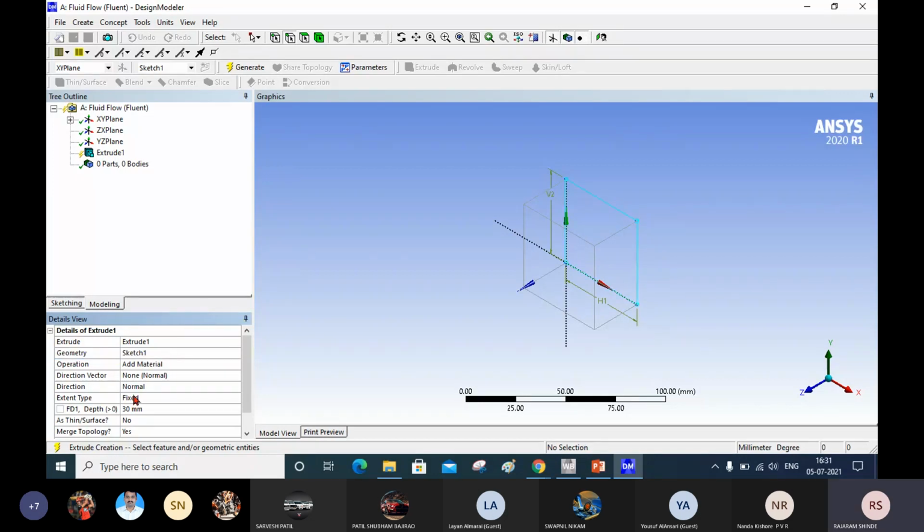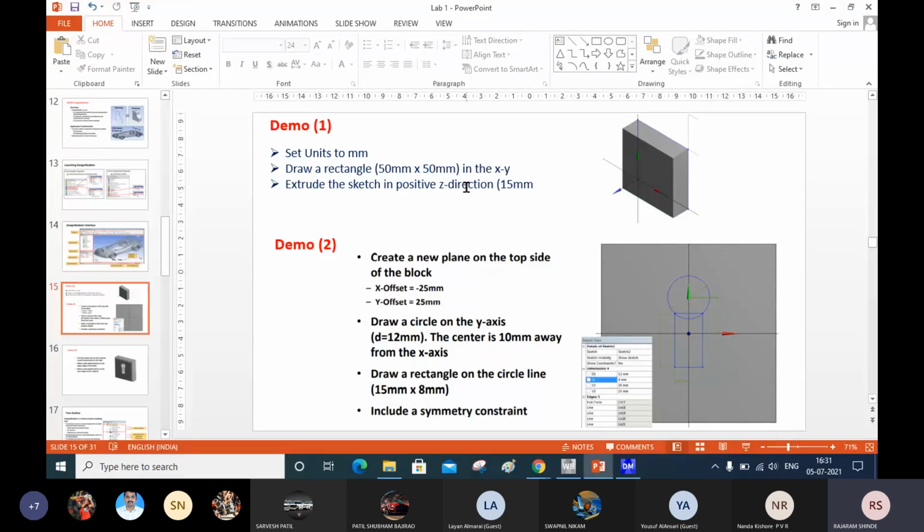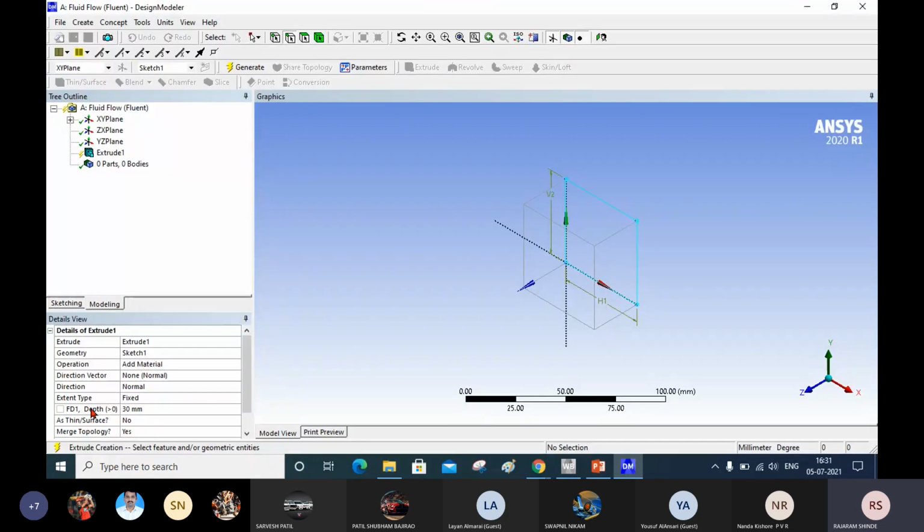Here you have to perform the operation Add Material, because we are going to extrude, we are going to create the solid from the 2D sketch. And the dimension which you want to give is 15 millimeters. So in front of this dimension, that is FD1, you enter 15 millimeter.